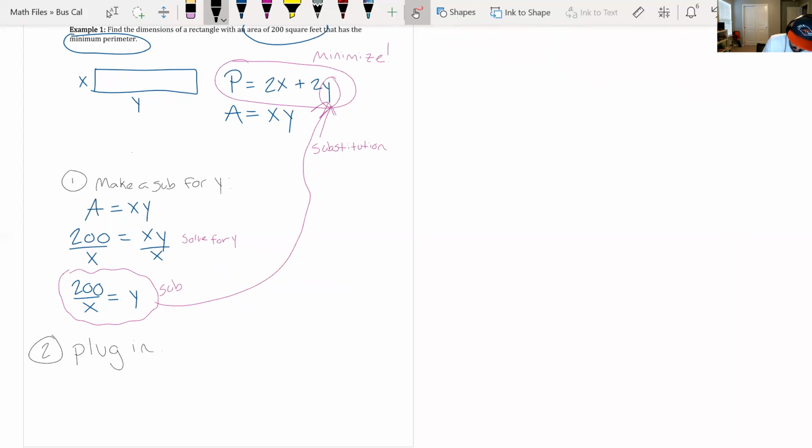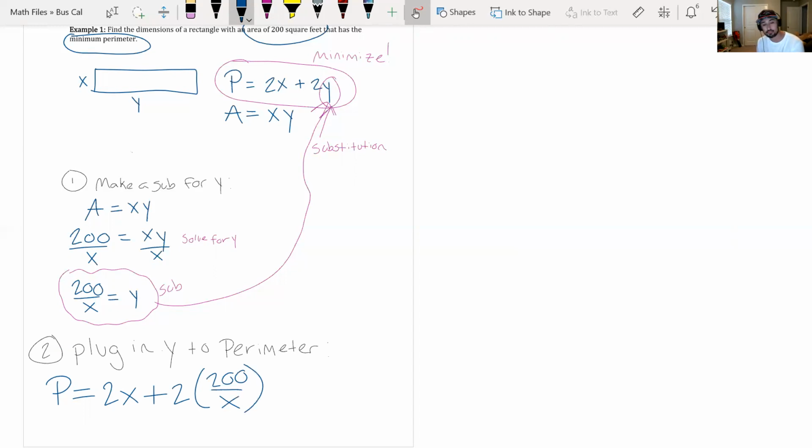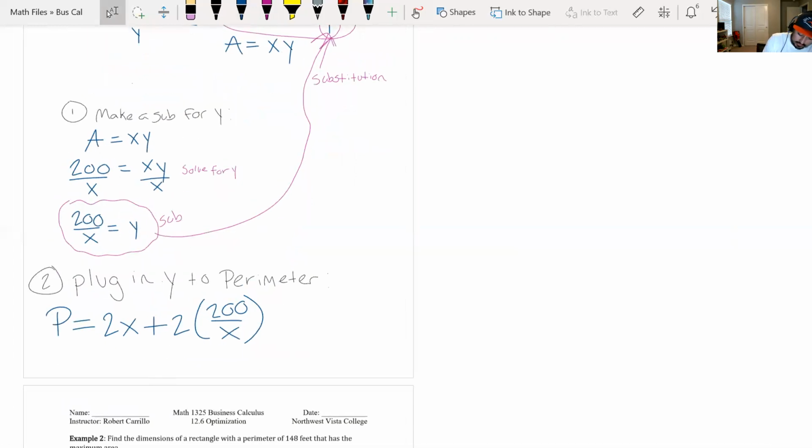Plug y into perimeter. So if we plug that in, you'll get P equals 2x plus 2 times our new y value of 200 over x. Simplify that, and you get